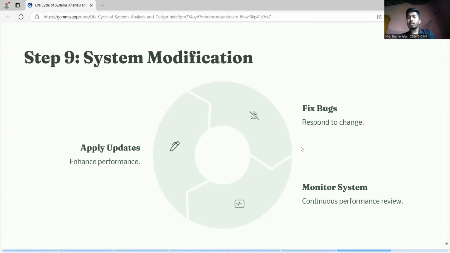And sometimes in the code we find some bugs. Then we fix this bug, change the code, implement the new system and launch the system. And then when we run our system in the marketplace, we monitor our system to see it runs